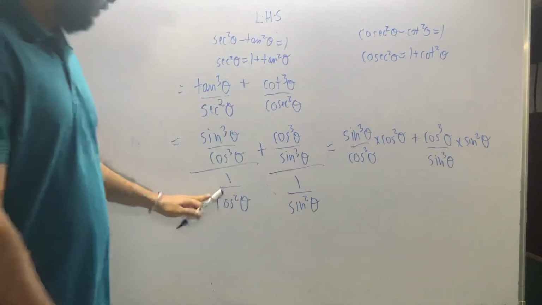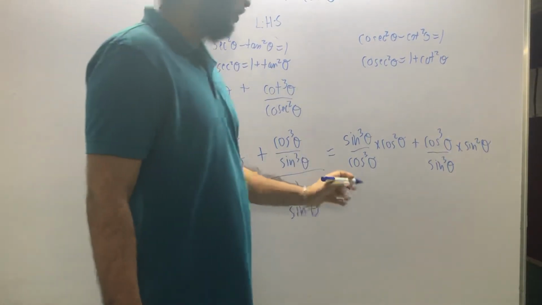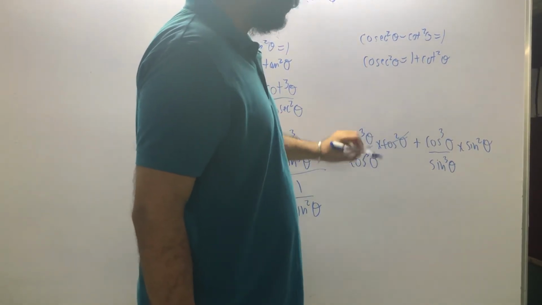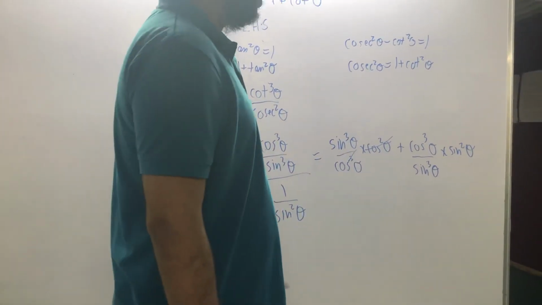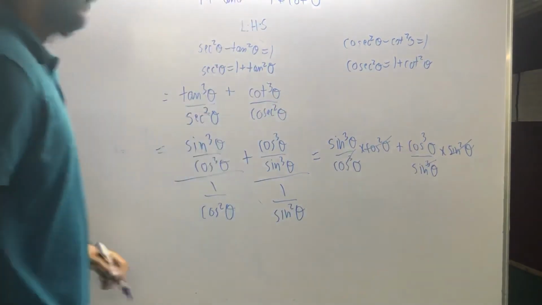This will move to the top, cos square and sine square. Now you can cancel cos square and 3 from here. Now only cos theta will remain, and here sine square and 3. Okay, so what will you get is